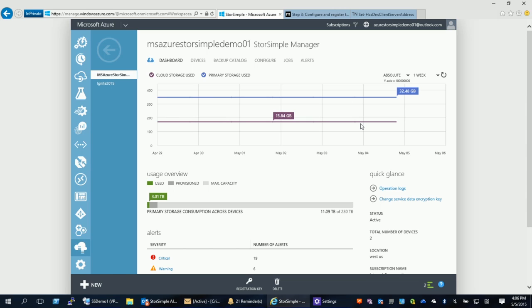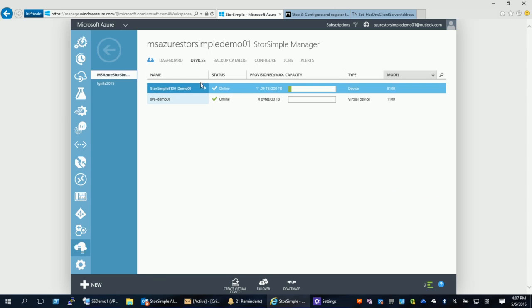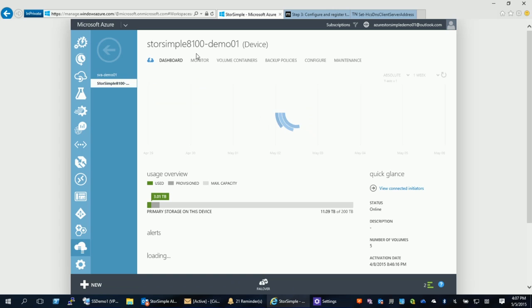Previous StorSimple series, you get a better overview of the interface, the old interface. Yes. So I think the question is that on the previous release of the StorSimple systems, we had some deduplication rates and some pretty graphs that were presented as part of the 7000 web UI. We don't have that capability today with the current set of tools simply because we're using Azure as the management platform. Now, with that said, I can always go into the devices section and get some of the rich reporting